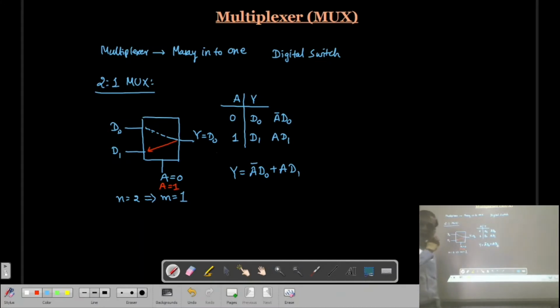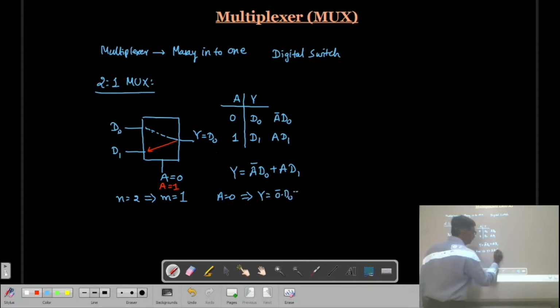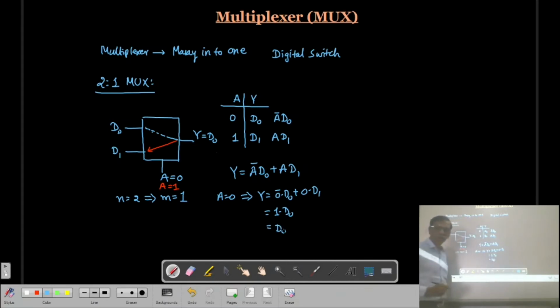Now in this expression, if A is equal to 0, then Y will be equal to 0 bar into D0 plus 0 into D1, and 0 bar means 1 into D0, so the second term is going to be 0. The output is D0, which means the D0 line is selected by the multiplexer.